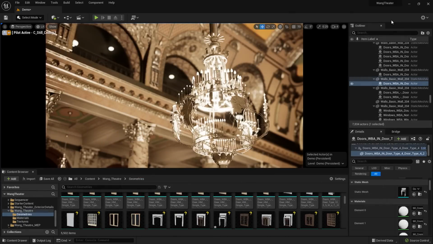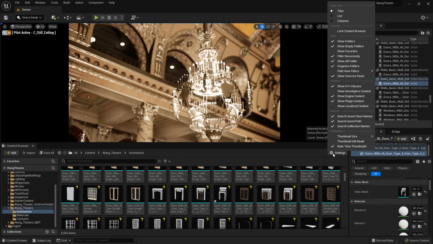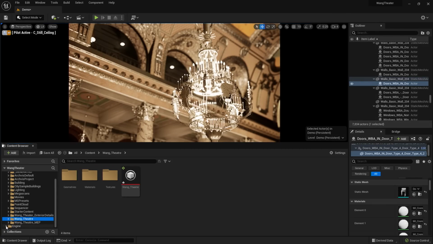Now, what that plugin is going to allow us to do is have access to a widget that the Epic developers have provided for us users. So in order to showcase that, I'm going to make this content browser a little bit larger here. I'm going to go to the settings cog here, and I'm going to make sure that the show plugin content is checked. Now, once it is checked, I'm going to go over to the left-hand side. I'm going to go over to Engine, Plugins, and I'll be looking for the Movie Render Queue folder.